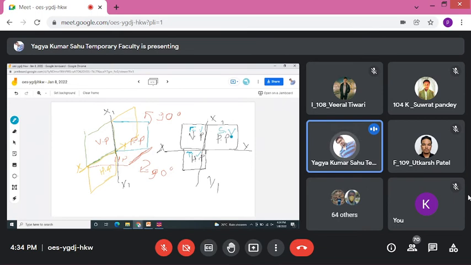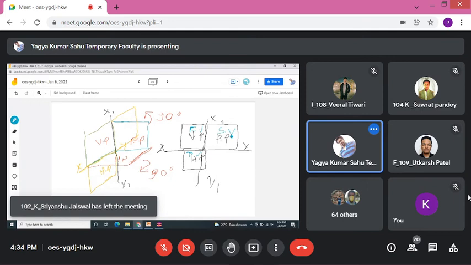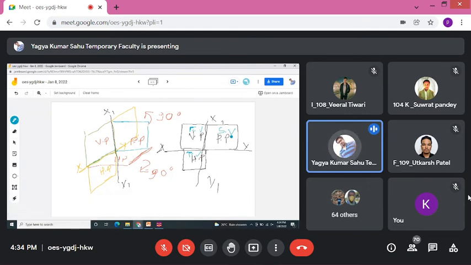Can you see the difference in this image? Why we are rotating profile plane 90 degree away from the object, and why we are rotating horizontal plane 90 degree clockwise? Are you getting this thing or not? Yes, sir. समझ में आ रहा है क्यों 90 डिग्री रोटेट कर रहे हैं, clockwise direction, to get all the views in a single paper? That is beneficial for us. Drawing all the three views in a single paper with the help of this reference line.